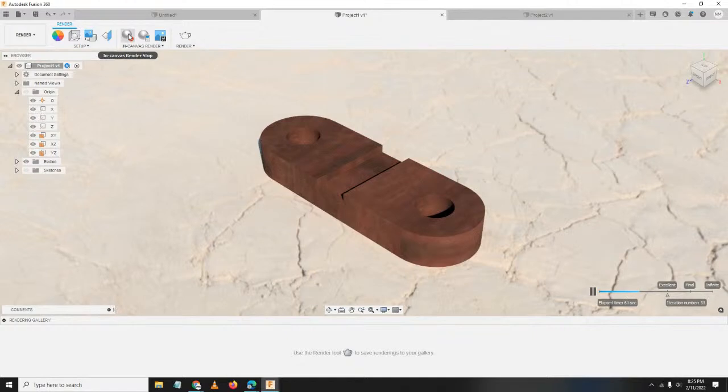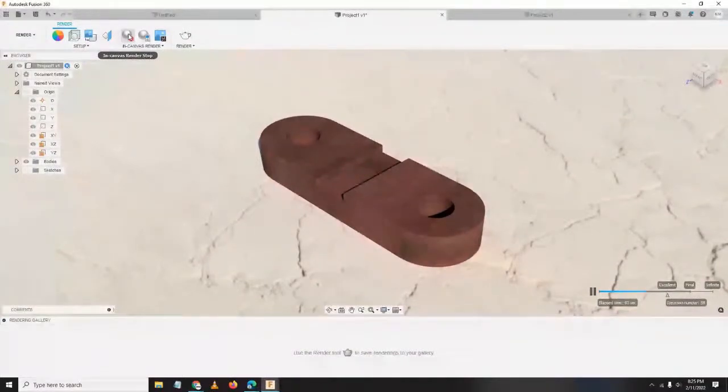Hanggang kailan po pwede mag-submit ng output at paano po mag-submit? Thank you. Lahat ng nag-sign up sa ating attendance form tonight, automatic makaka-receive kayo ng Fusion 360 files. Pero may add lang tayo ng mga 2 or 3 file pa na gagawin nyo on your own.